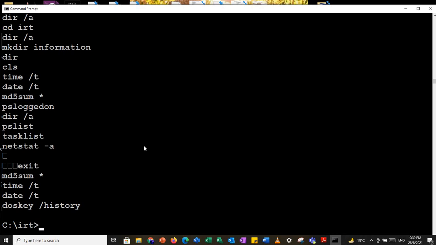So some of you might be asking, so how then can we collect all this information that we have been seeing in command prompt? It's very, very easy. In command prompt, we can actually specify a certain command to be written to a particular file for use later. Let's say, for instance,